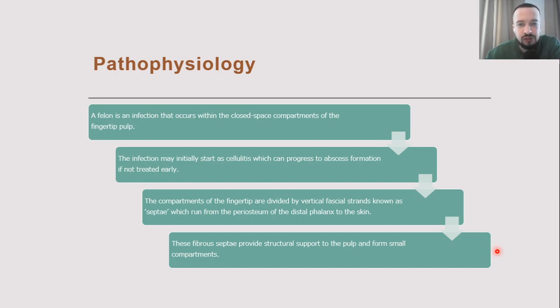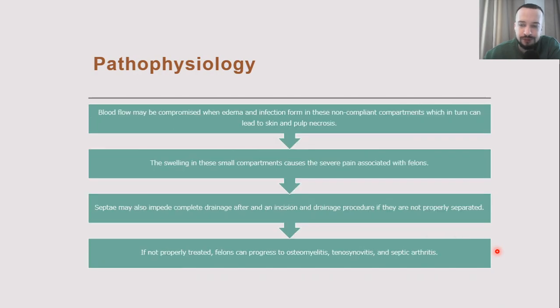The compartments of the fingertip are divided by vertical fascial strands known as septa, which run from the periosteum of the distal phalanx to the skin. These fibrous septa provide structural support to the pulp and form small compartments. Blood flow may be compromised when edema and infection form in these